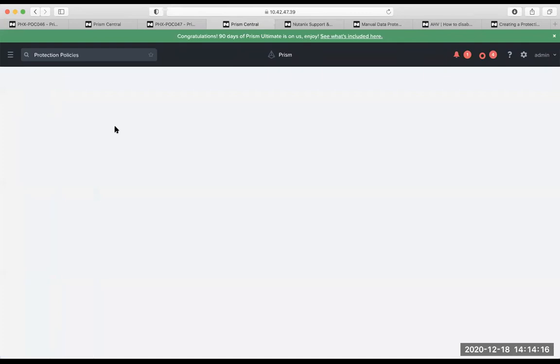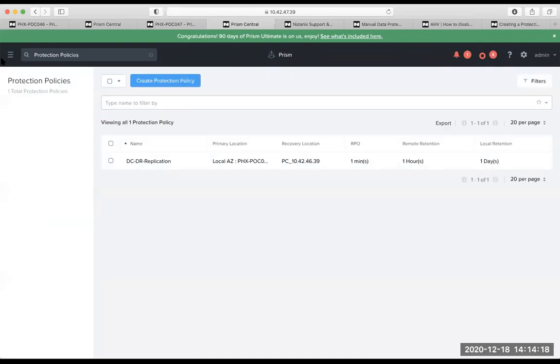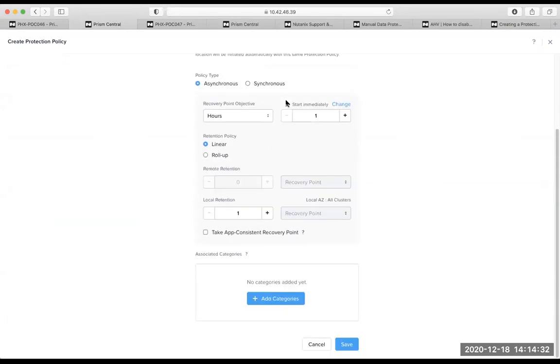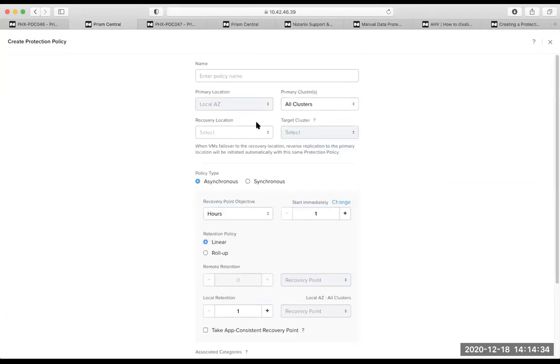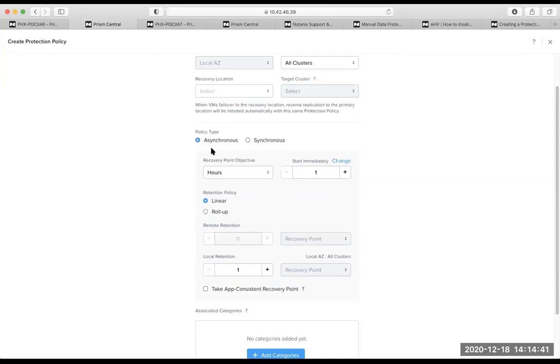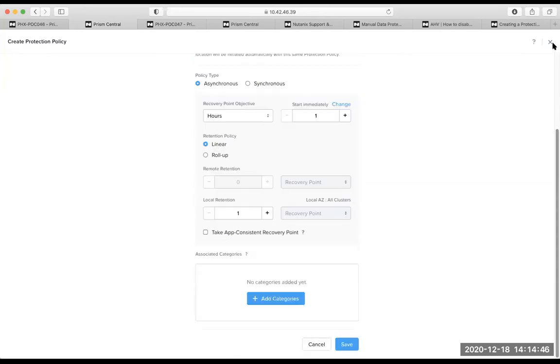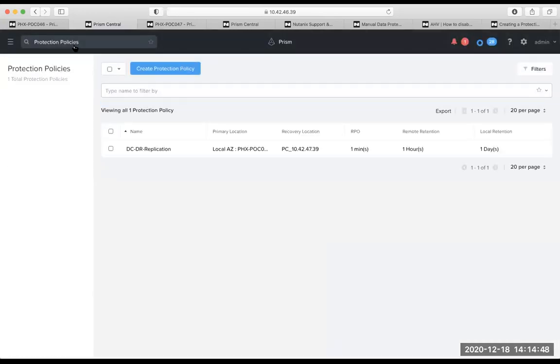Once this is done and the entire piece is set up, you have to put these VMs in the protection space. You create the protection policy, you add the selected VMs, and it gives you the option like this. You select everything, add a cluster, and you give them the objective as to whether it's a linear backup, synchronous or asynchronous, and once this is done, you click on save, then this configuration is created.